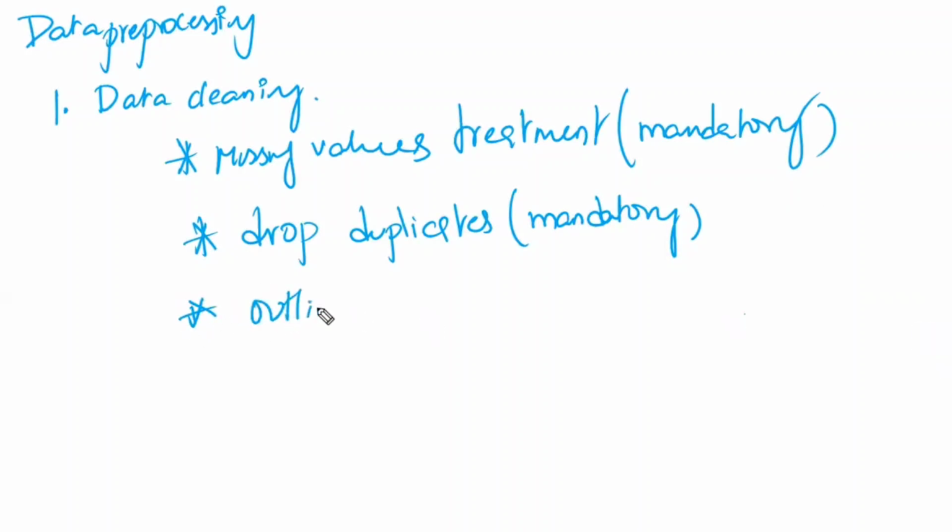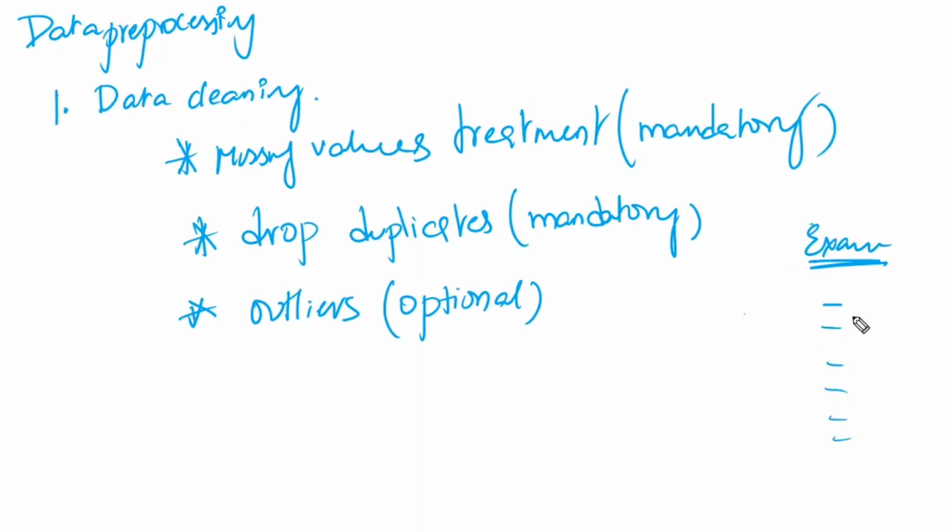Whereas the next one is outliers. It is optional. Sir, why is it optional? Why should we not clean? For example, in this class, I have kept an exam today. In the exam, I am asking the questions. Now, all the students have got between 70 and 75 marks, but one student has got 100 out of 100. Why did the other students get less? Because I asked out of the syllabus,